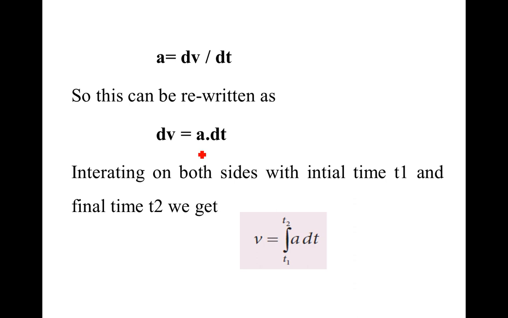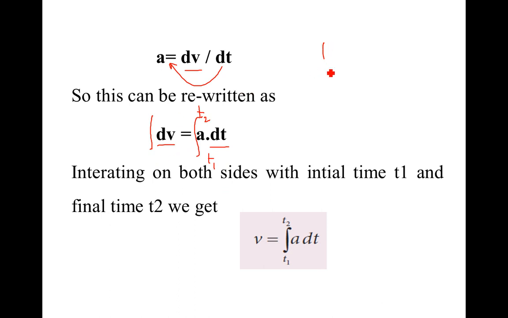And one more thing we can do with this is, you know that acceleration a is equal to dv by dt. So this can be rewritten: bring this dt to the other side, and have this dv alone as such. So dv is equal to a into dt. So you have dv here, dt here, right? Both the sides you have differentiation. So to remove this, integrate on both sides. You will be getting integral dv is equal to integral a into dt. The changing thing is time, right? So it is from initial time t1 to final time t2. These are the limits.